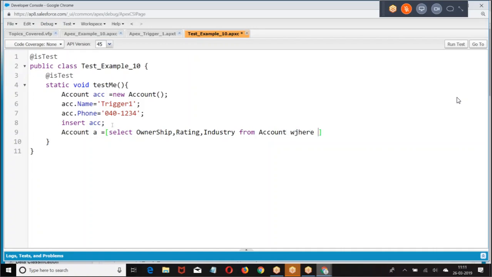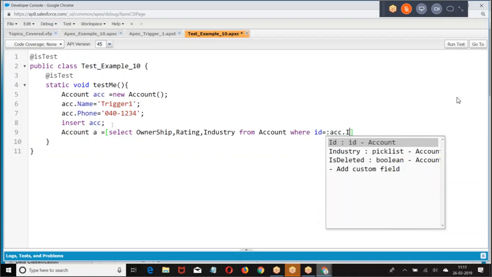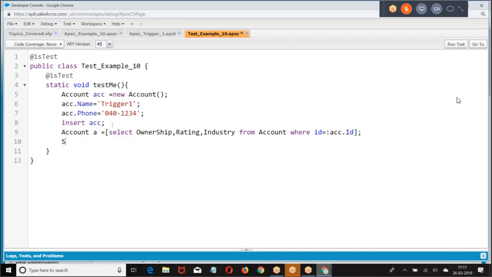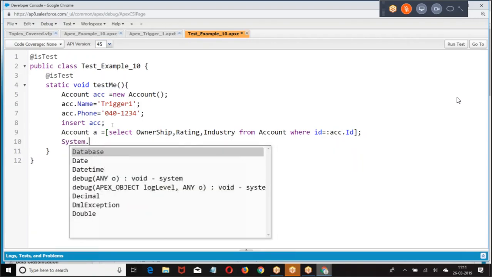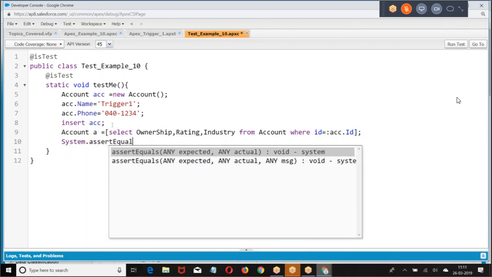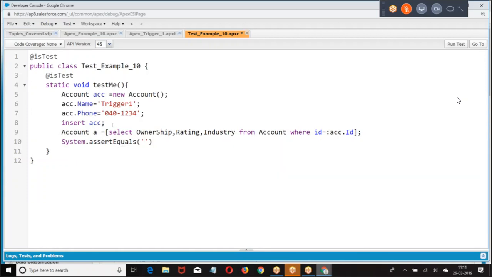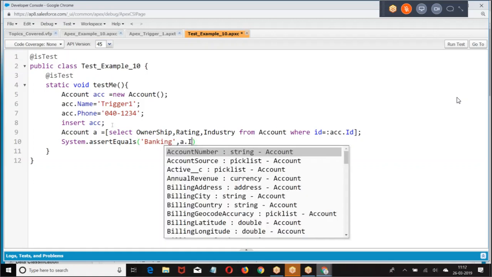where ID equal to a dot ID. System dot assertEquals, banking, a dot industry.